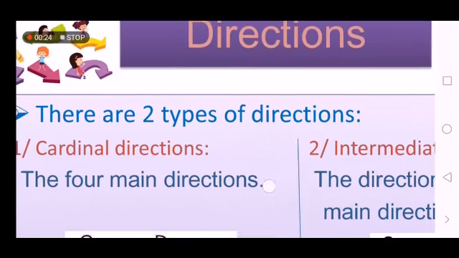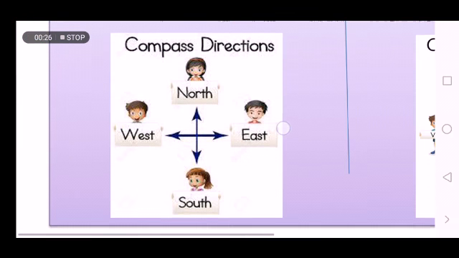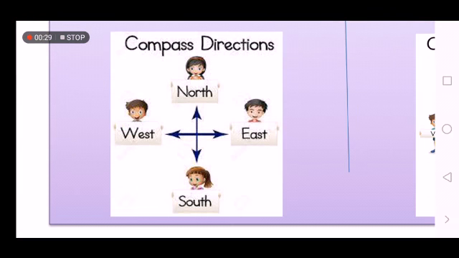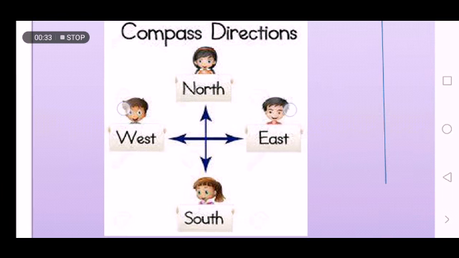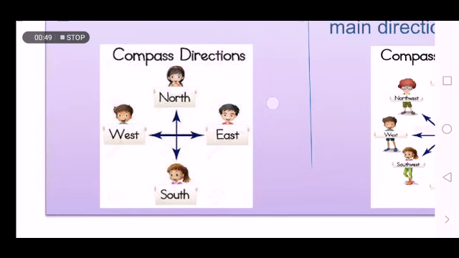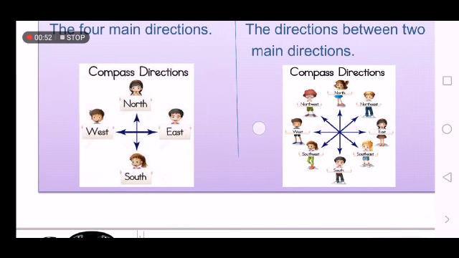Directions have two types. Here we have the first one, the four main directions: north, south, east, and west. North, south, east, and west. These four main directions are called cardinal directions. Cardinal directions are the four main directions: north, south, east, and west. This is the first type. The second type of directions is